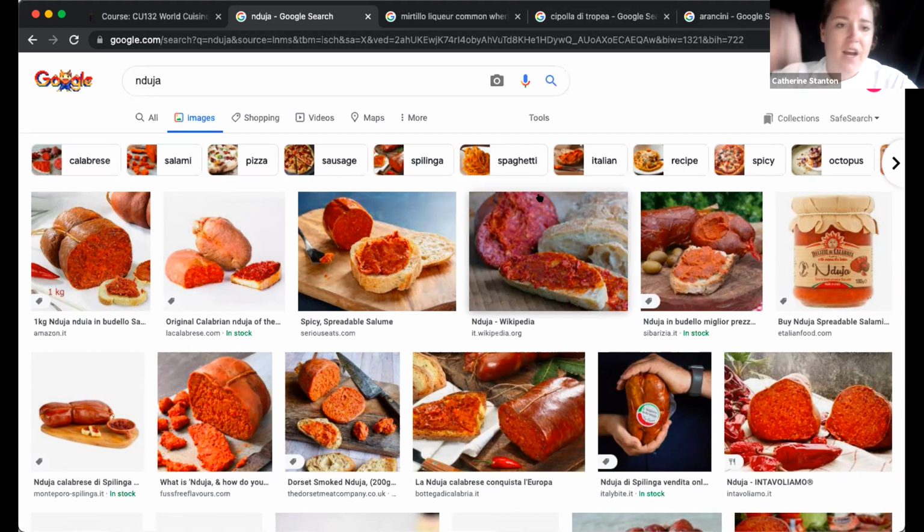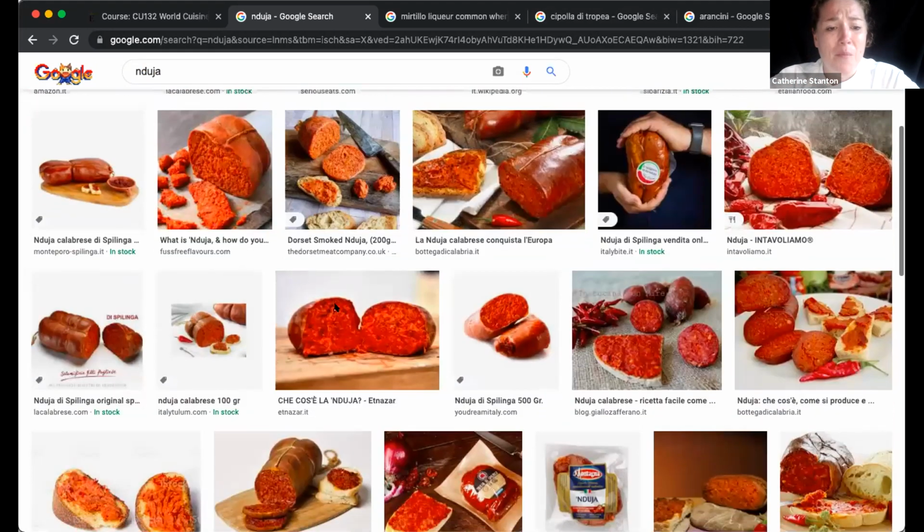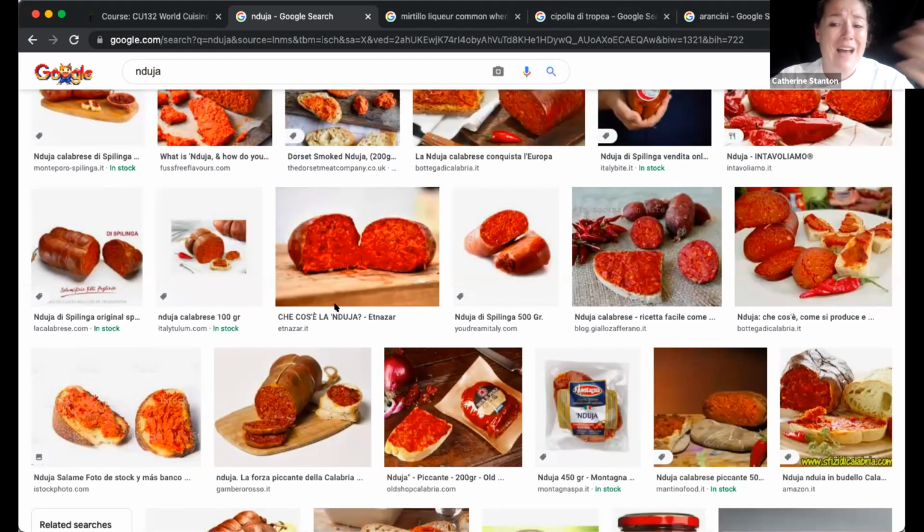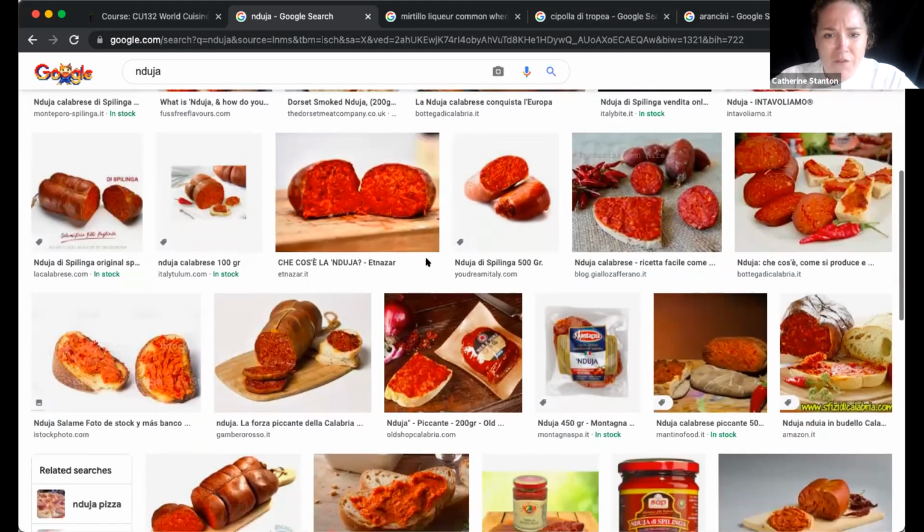Calabria, down south. Spicy. We have a lot more spicy flavor profiles coming down in the southern regions, right? Hotter climate. Chilies are more adaptable. This is hung and spread on bread, and it is heaven. You'll see it. It's pretty trendy now. It's popping up on a lot of different menus these days. Nduja is kind of a cool thing. If you ever find it yourself, get your hands on it.